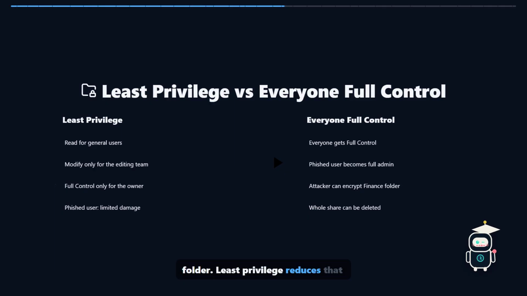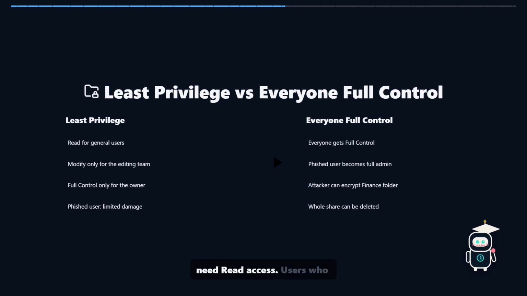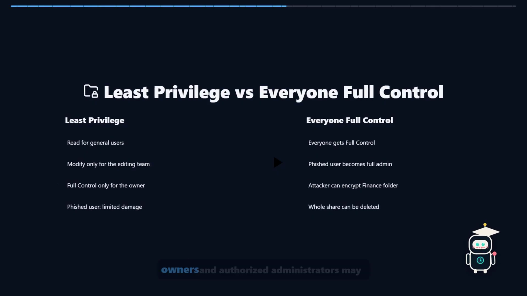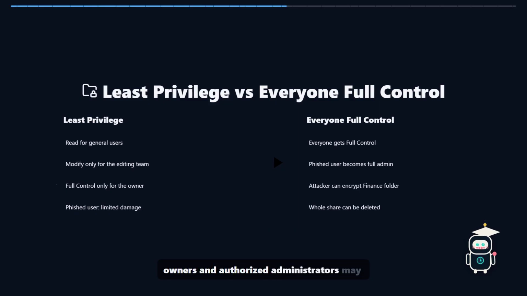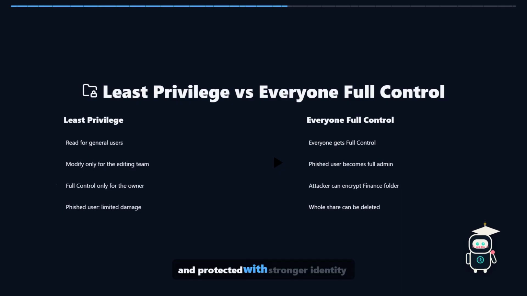Least privilege reduces that blast radius. Users who only need to view reports may need read access. Users who create and edit working documents may need modify access in a specific working area. Folder owners and authorized administrators may need broader control, but that access should be limited, reviewed, and protected with stronger